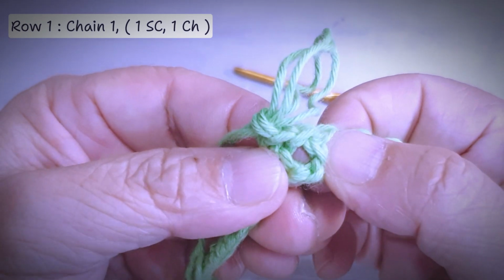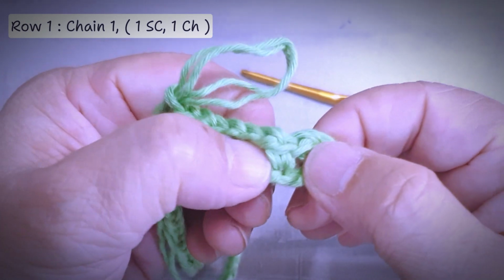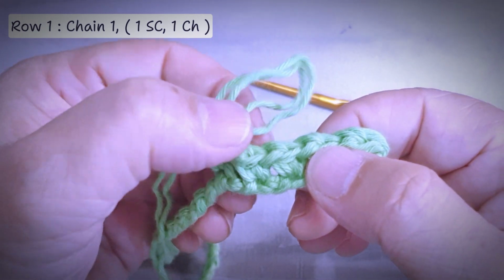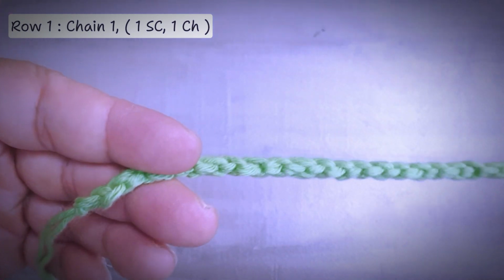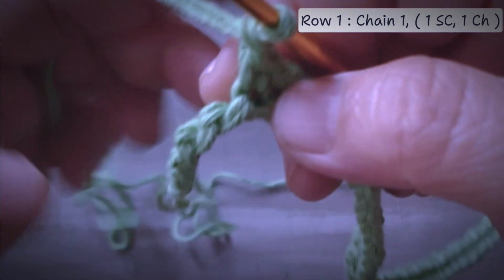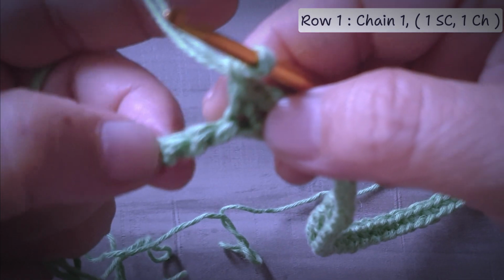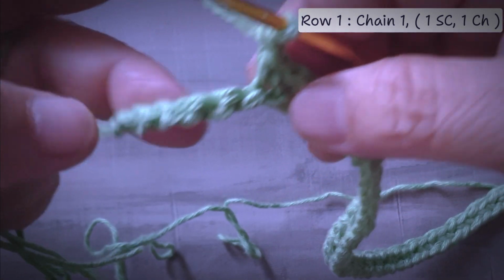And when we come back to do the second row, we will be making the single crochets into these chain spaces. So now I'm going to continue the pattern to the end of the row. So I'm near the end of the row. I have 1, 2, 3, 4, 5 chains left,